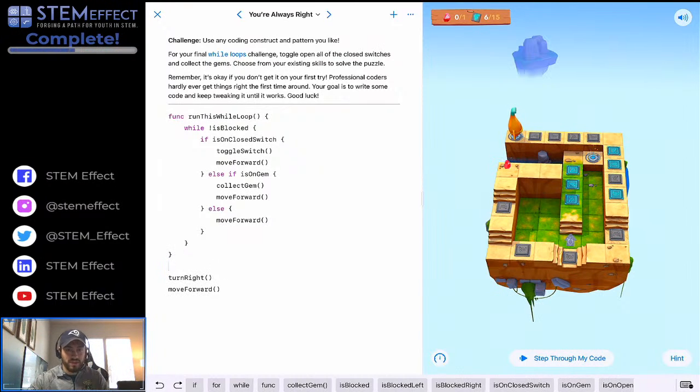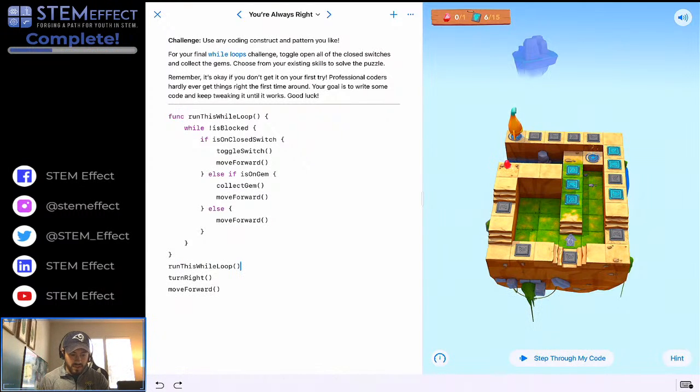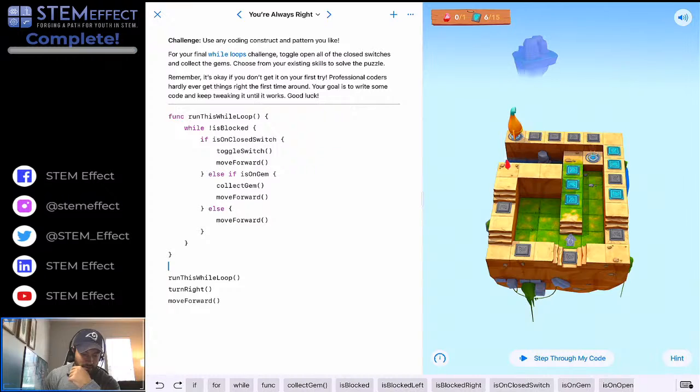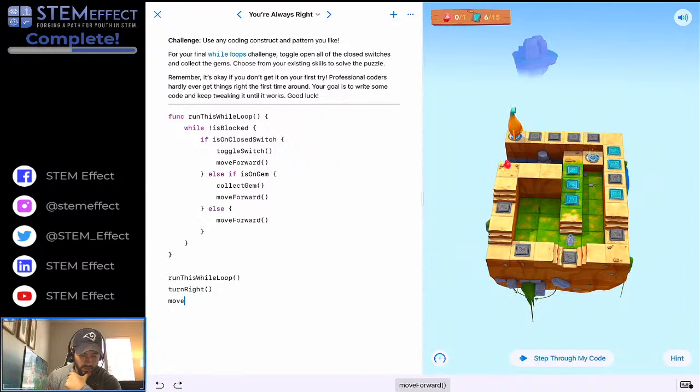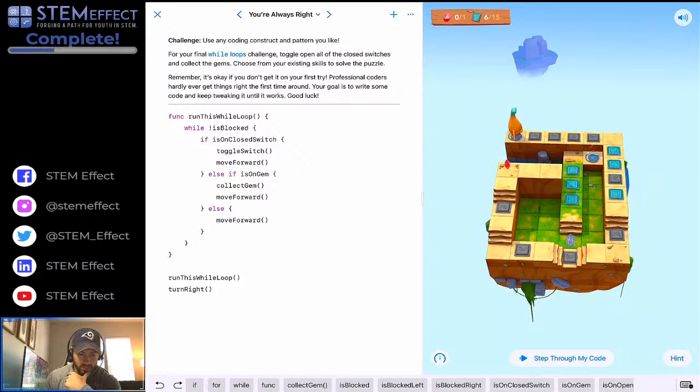So we're going to start off by run this while loop, turn right. Turn right, and then we're going to say if not blocked,